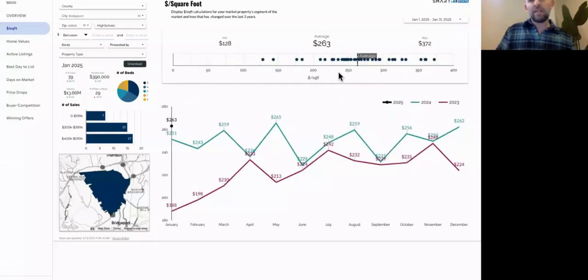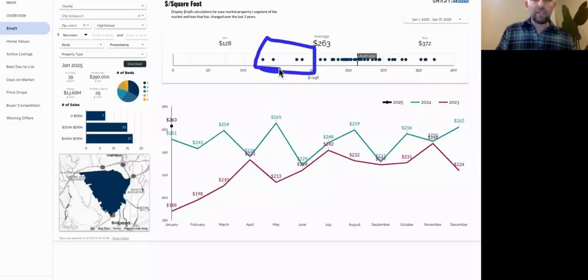We'll see agents come in here and broach the idea of pricing. And a lot of times there's this idea of price per square foot and how do we start this kind of conversation about pricing the property. This is a really nice way to showcase what the range in this area was last month, and where that compares to the previous years. So at 263, obviously prices have gone up. And it starts that conversation of gearing them up for where their listing falls along the spectrum of all the properties, and it forces them to think about it.